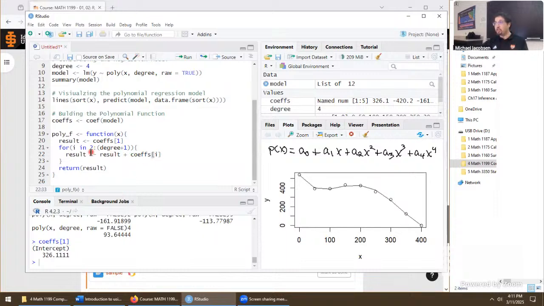So that's why we're starting off in 2, going up to the degree plus 1. That's going to give us this right here, the second coefficient, negative 420.2. Then we multiply this by x. We really need that times there, or RStudio doesn't know what to do with juxtaposition. It interprets that literal multiplication, which is shift 8, as the multiplication function. We need to give it a power. So we'll go power i. But actually, that's not right either. This is what makes this problem kind of frustrating in the middle, navigating through here. Anyone see where the mistake is on this line?